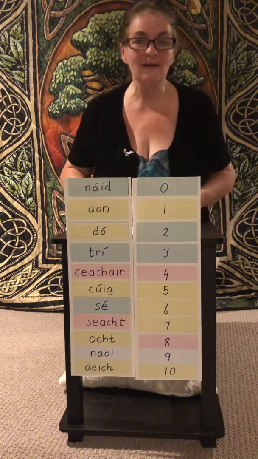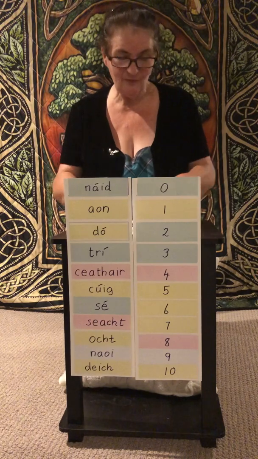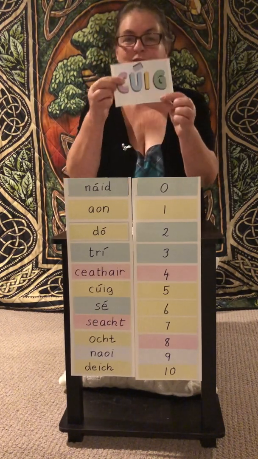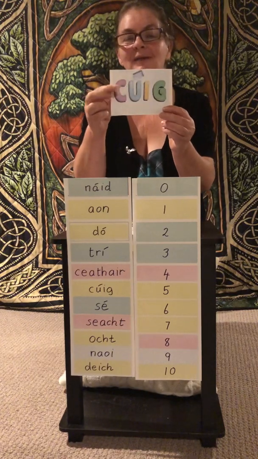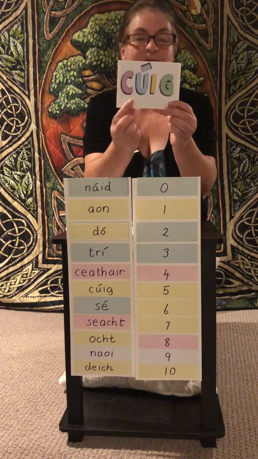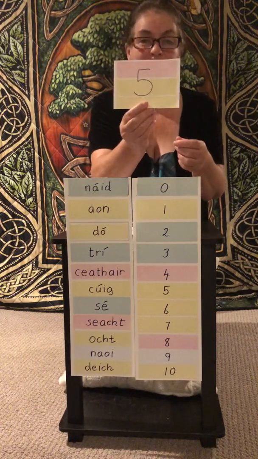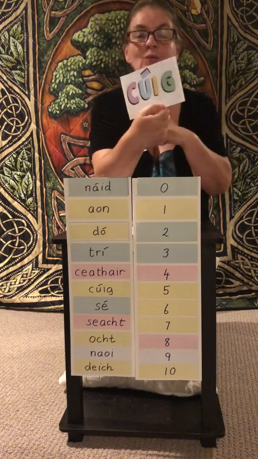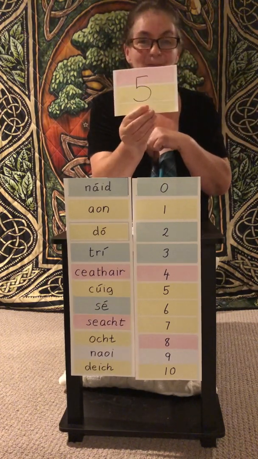Okay, we're flying. We're almost in the middle. The middle is number 5, so that's cool. I dig it. It is cool with no L and dig with no D. Cúig. Cúig is 5. Halfway there. Cool. Dig. Cúig is number 5.